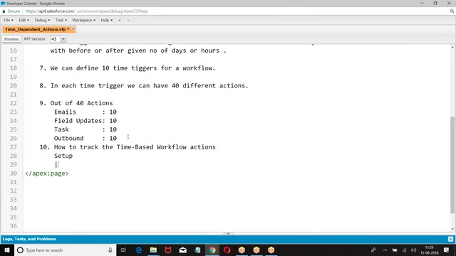Setup, monitor, time based workflow actions.